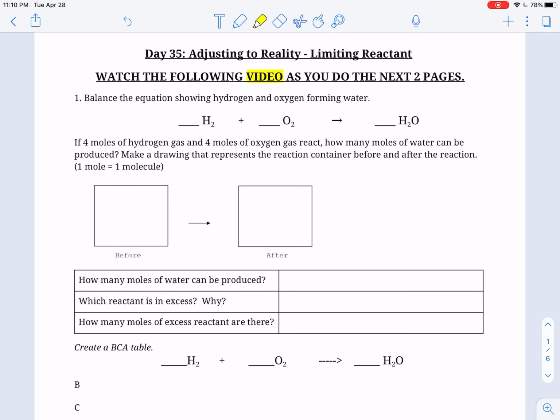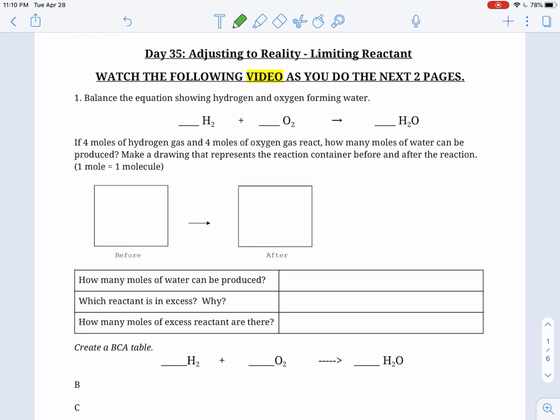Okay, so today is day 35. We are starting limiting reactant, which is the last topic in chemistry. Hallelujah, we're almost there. Okay, all right, so limiting reactant basically means, if you remember when we did the